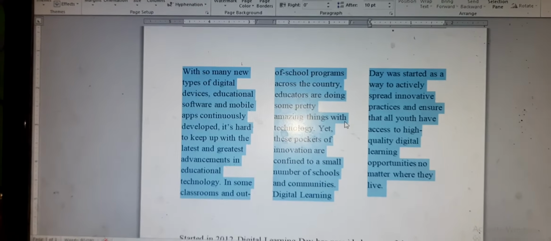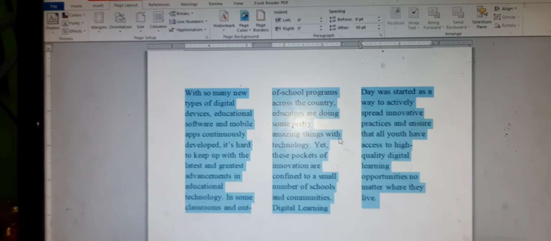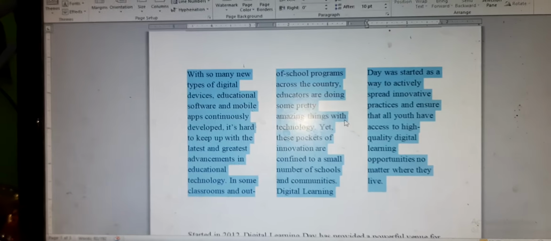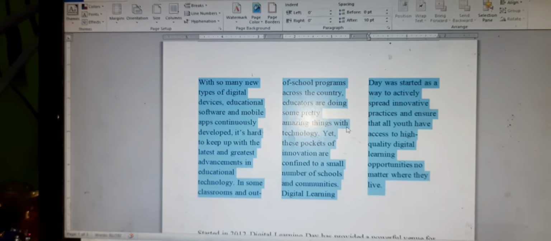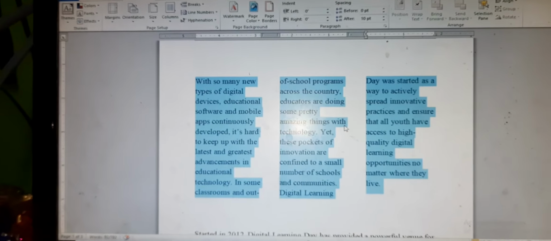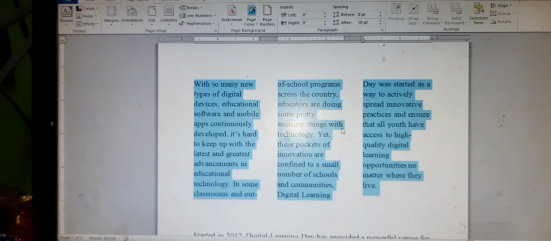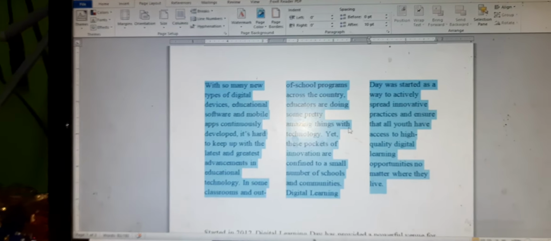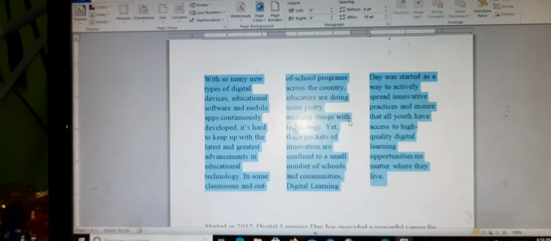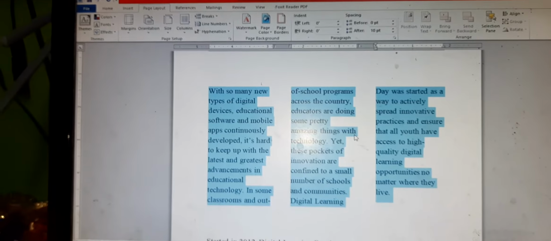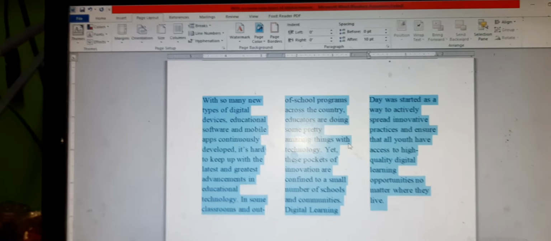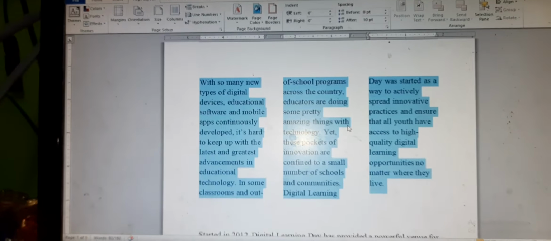Now I have to go to the option called page break and line break, right? This is the most important thing. Page break and line break are two different applications. Page break says one portion is over, I can go to the next page. Line break says after a specific line of a paragraph, if you want to go to the next page. So let us see one by one.